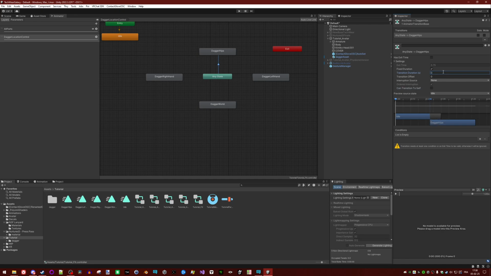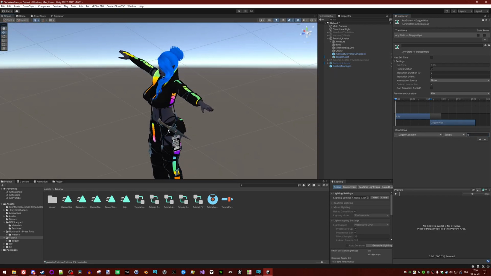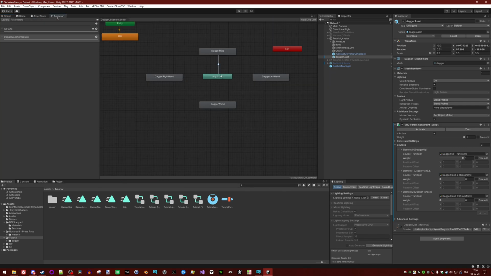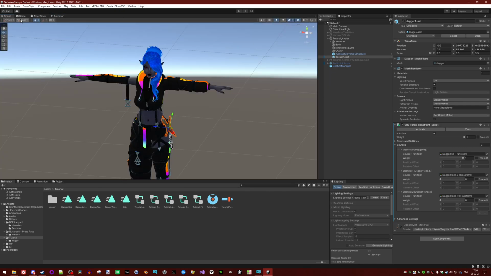Transition duration 0, and the condition is dagger location equals 0 for the hips. Since 0 is the default value of the parameter, and the hips is the place where I want it to be by default. For the others, we will need 4 values, 0, 1, 2 and 3.